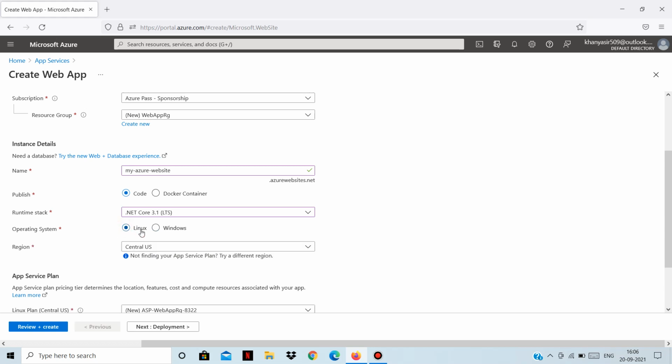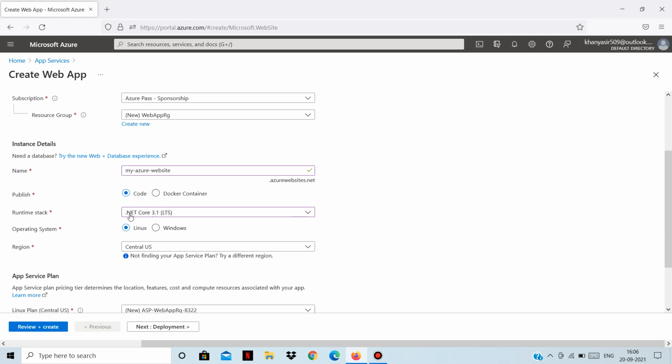Okay, so this is how the operating system depends on the application you have written your code in. How to choose: if your target runtime stack, like .NET Core or any other runtime stack, is available in both operating systems, select the one which you use to develop and test your application.